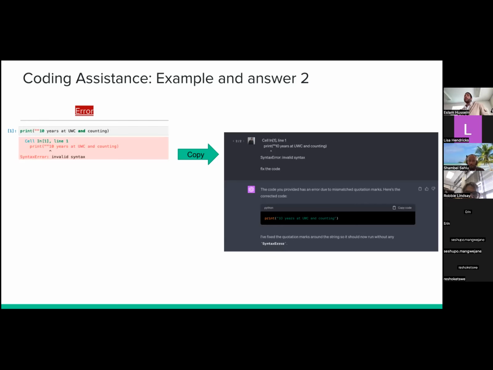But it has a problem, though: the data that it has been trained on is actually limited. The last date was September 2021. So if there's a new package, it might not know how this new package affects the code and stuff like that.